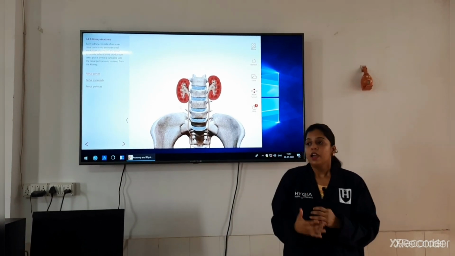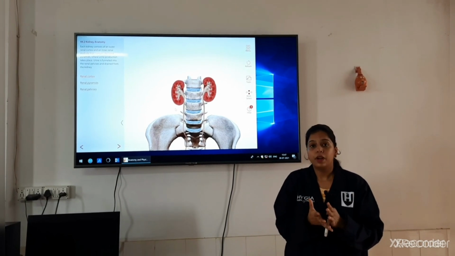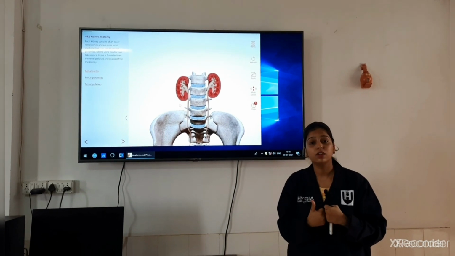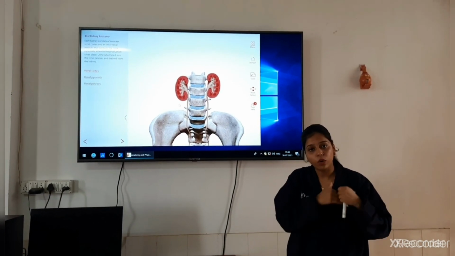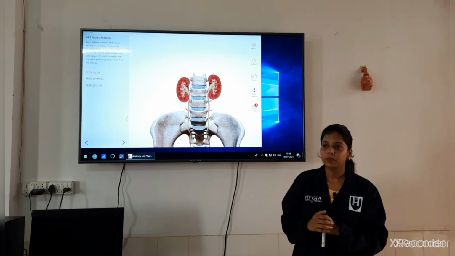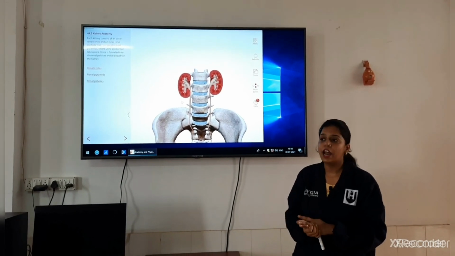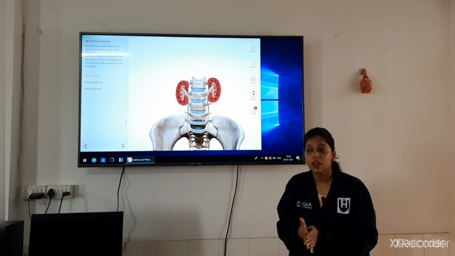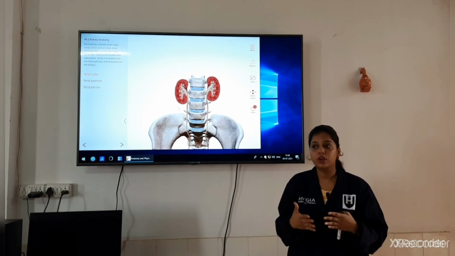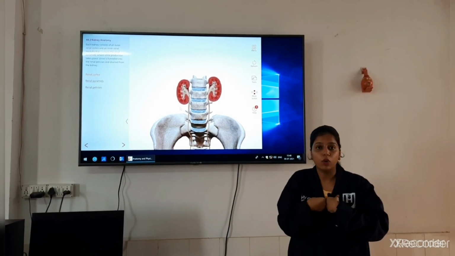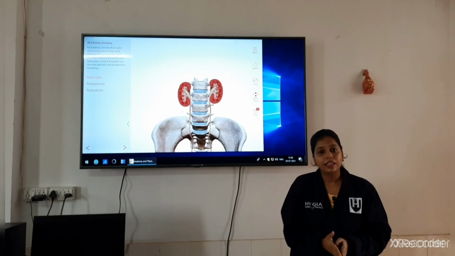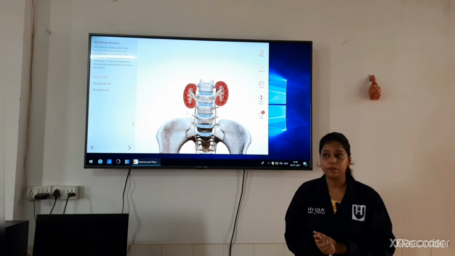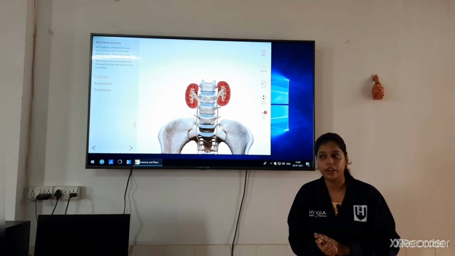It is also responsible for maintaining the blood volume. Basically, they are responsible for the reabsorption of water, and on the other hand also responsible for the excretion of water. Another, most important function is that they are responsible for the excretion of waste products. Creatinine and bilirubin are waste products. If they are retained in our body, they can cause harm. So these waste products are excreted out by the kidney. So it is also one of the functions of the kidney.